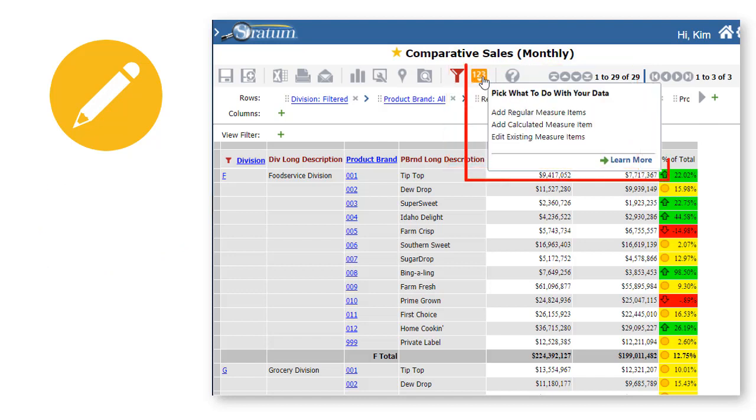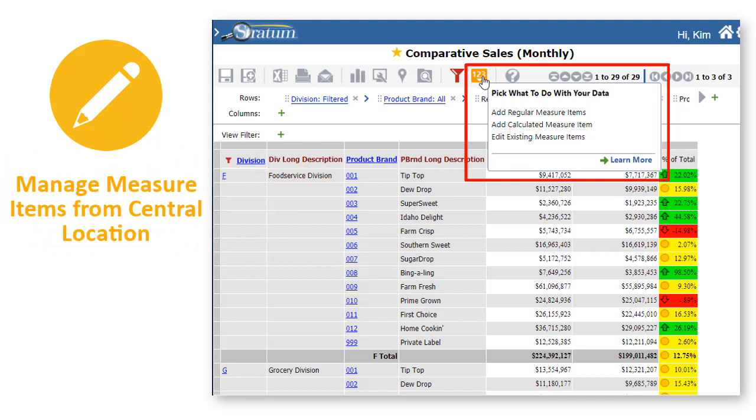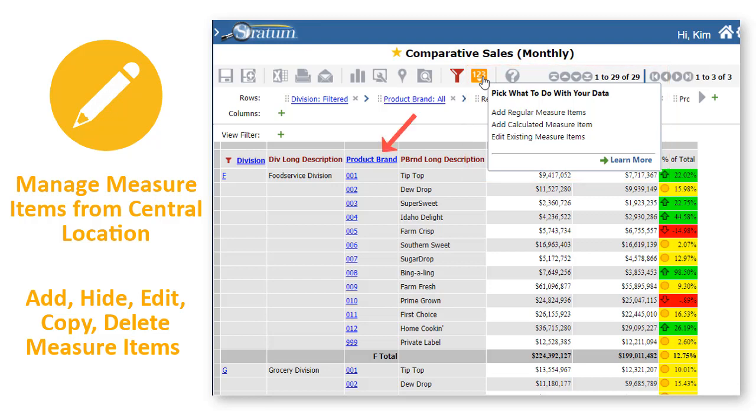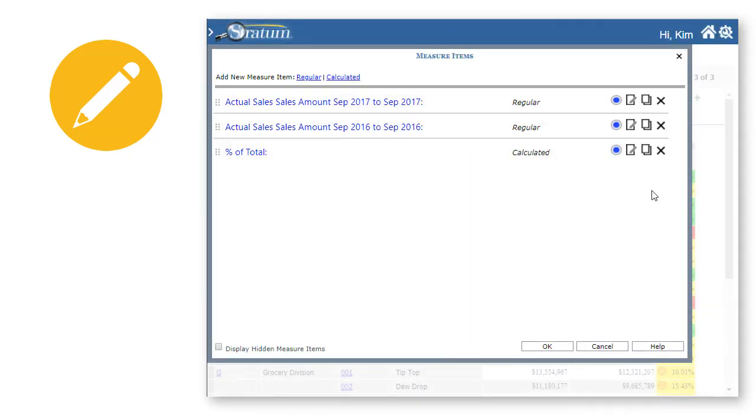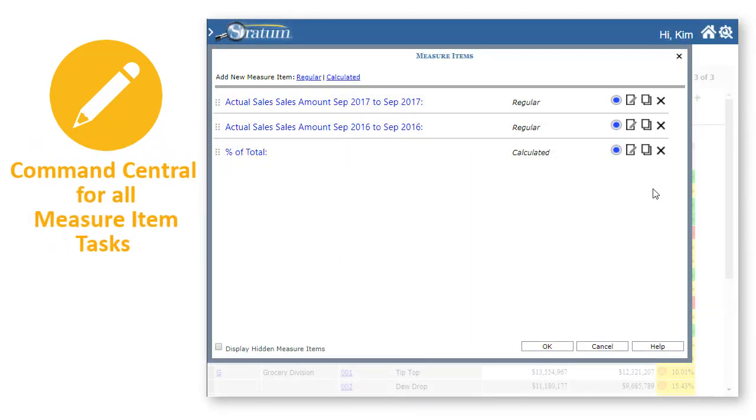A star player in streamlining common view editing tasks is this new icon for managing measure items from one central spot. Easily add, hide, edit, copy, and delete measure items to quickly shape the data needed for analysis. I'm going to start with this monthly sales report comparing product brands within division, current month this year to last year. This new icon provides a shortcut to the new Measure Items window, which consolidates features into Command Central for